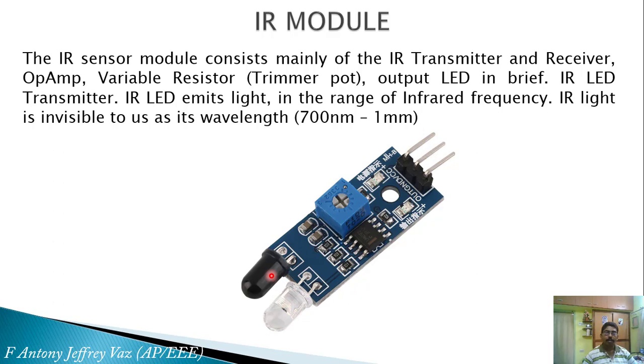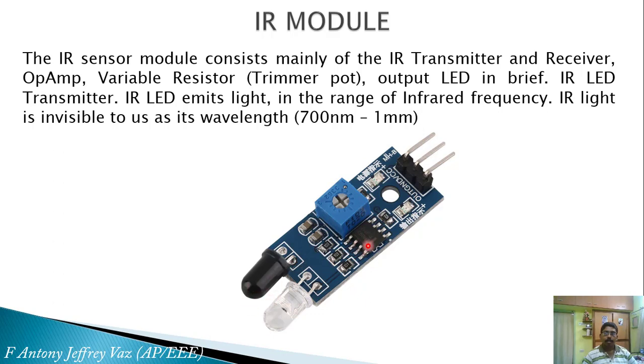You have studied about IR receivers in the previous slides. Those receivers can also be used, but they are costly. To make it cheap, we can reverse bias an IR LED and make it a receiver using an operational amplifier, op-amp. Here is the operational amplifier IC. This will compare the received signal.